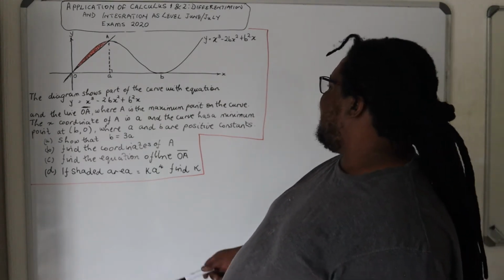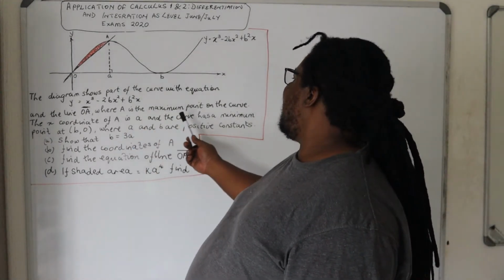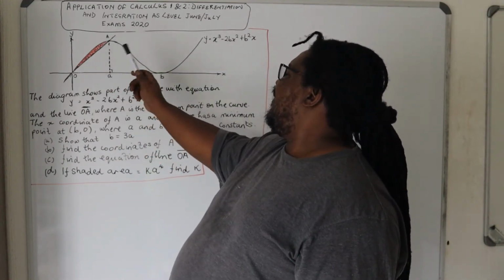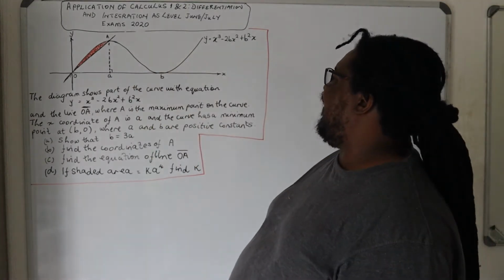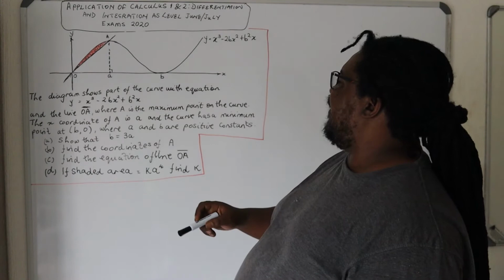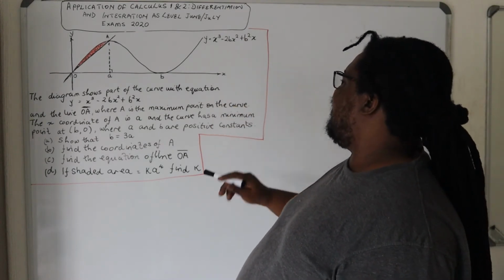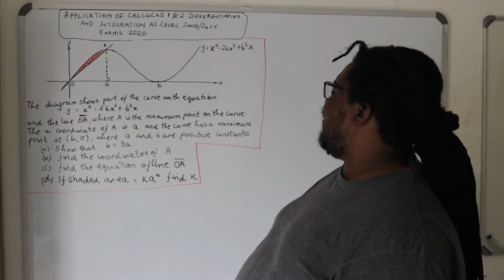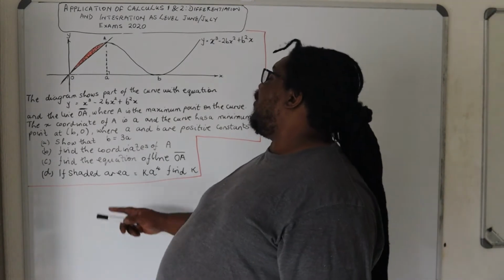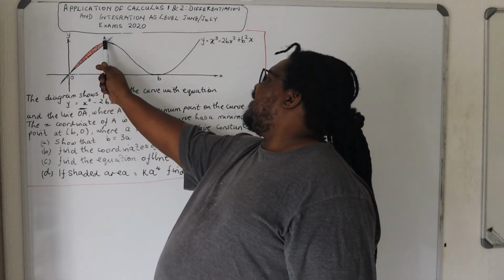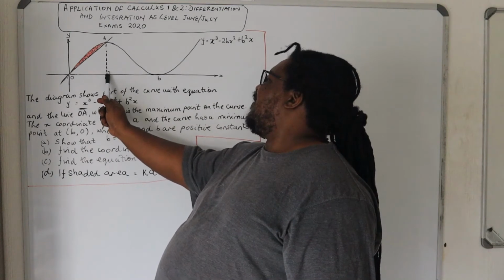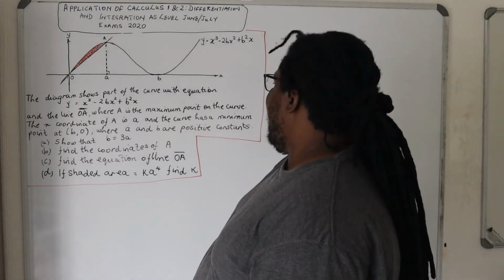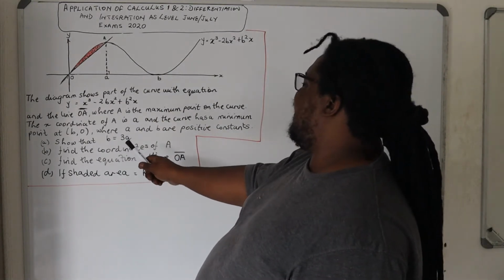We are then told that A is the maximum point on the curve. What does that tell us? If it is a maximum point on the curve, that means the curve is turning there and it is moving from the highest point to below that point. And the x-coordinate of A is small a, so we know that there x is equal to a. We can get what y is later on,